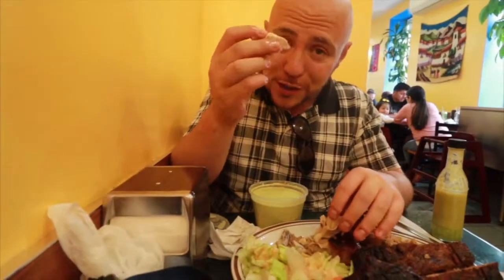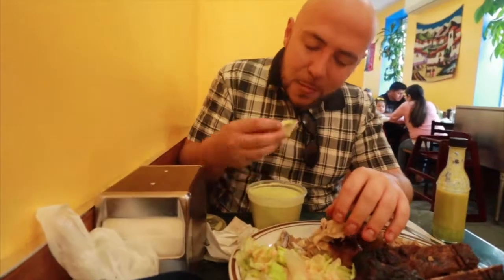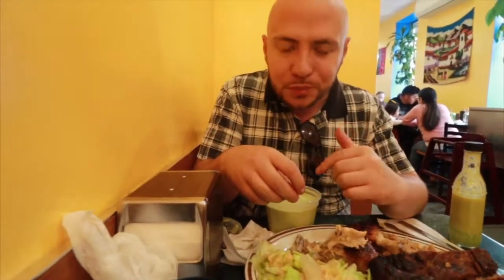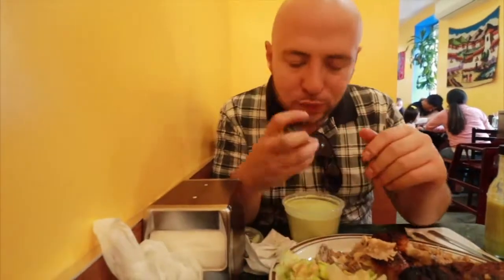Now I'm gonna dip in the contraband sauce. There's just something about this sauce. It's so creamy. It's got that spice and the cream perfectly blended together. And there's so many mystery ingredients. I know people have tried to replicate the sauce and they just can't do it. I don't know what they put in there, but